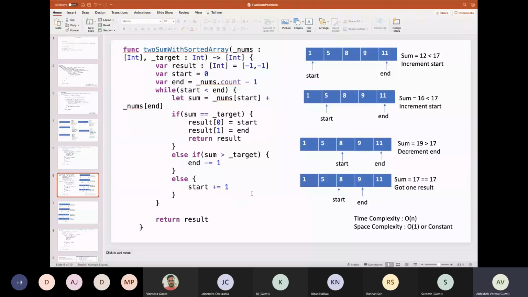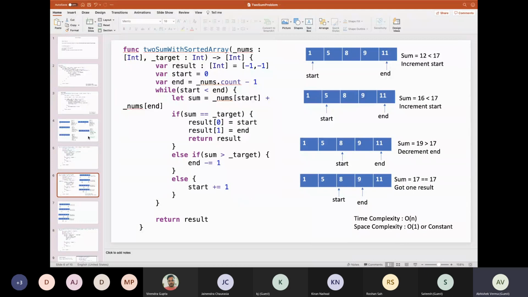Okay, so for this solution, because we have an array with sorted elements, the time complexity will be O of n and space complexity will be O of 1.